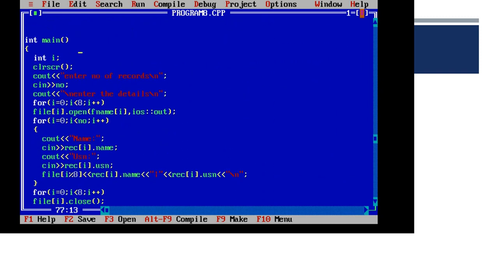Here the user is asked to enter the number of records. It may be 10, it may be 100, it may be 1000. So the user enters the value, then he is supposed to enter the details, meaning the numbers and the names, to the particular file, and that particular detail is inserted into the file which is open for the first